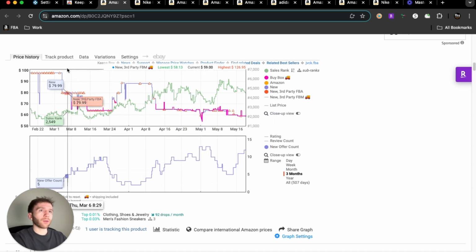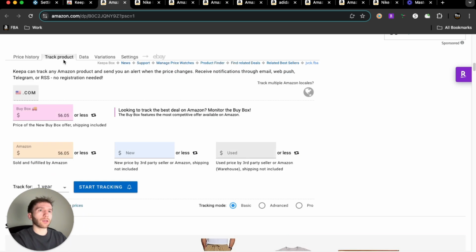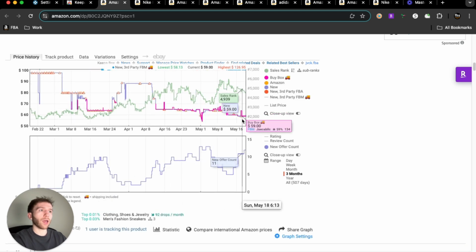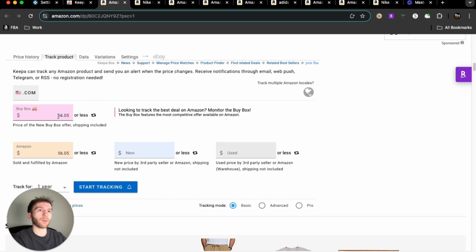The next tab is going to be tracking the product price. If you say, for example, have a product that you needed this price on Amazon that was showing here at 59 to be at 61, 62 for it to be profitable for you to purchase, you can come into this tab and put the price into this box. Click on start tracking for however long you want it to track that item, and it will send you an email when the price gets to whatever value you've put into this box,